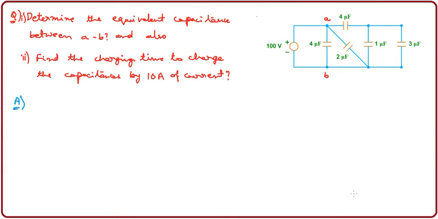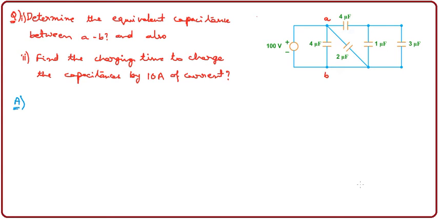Hi friends, so this is one of the problems regarding capacitances. Capacitors are one of the electric elements; the other two are resistors and inductors. But capacitors are dealt with differently because they are somewhat different compared to both resistors and inductors. This is one of the beautiful problems where all types of basic things on capacitances have been involved. So let us see how this problem can be solved.